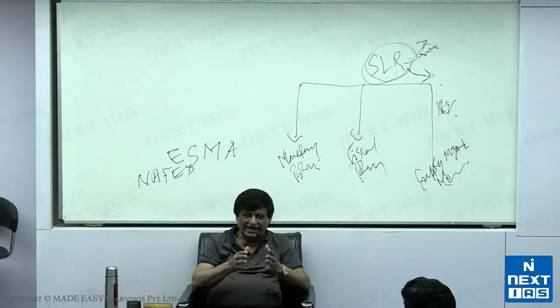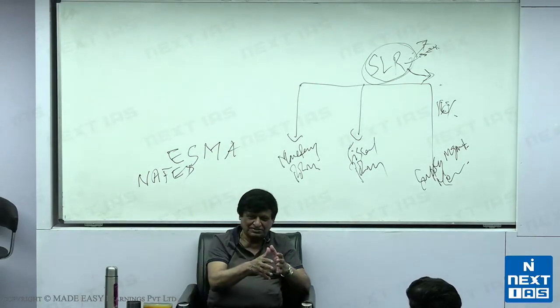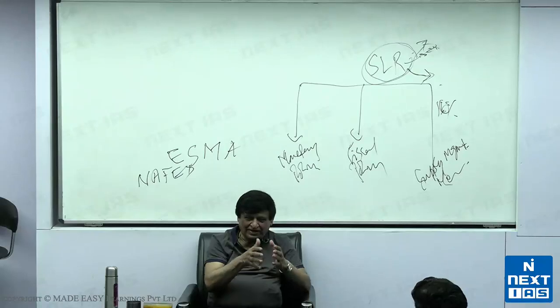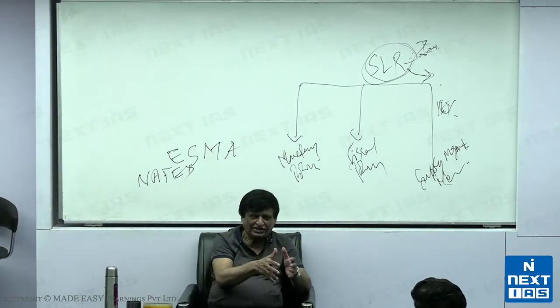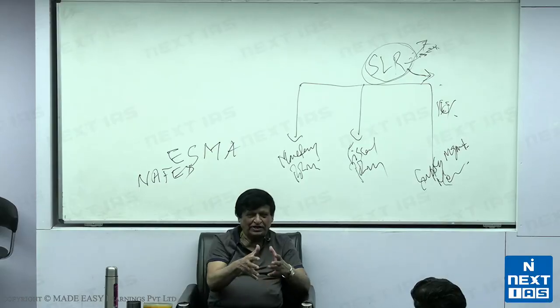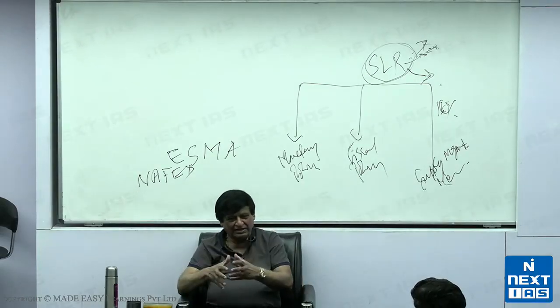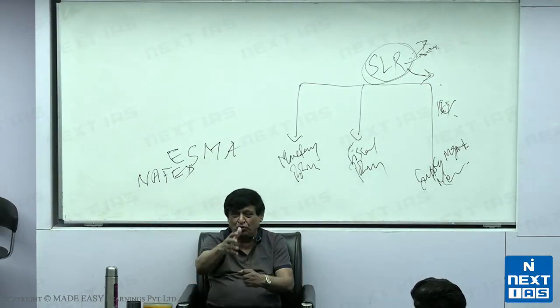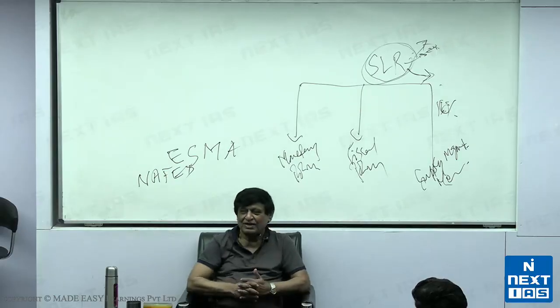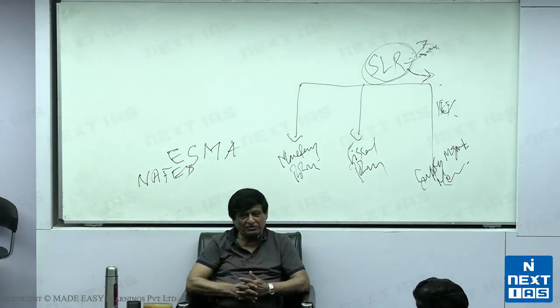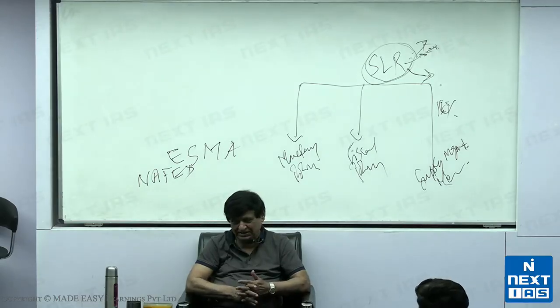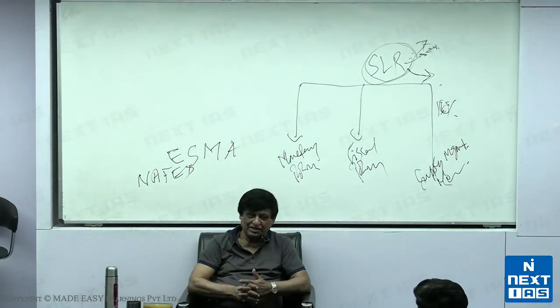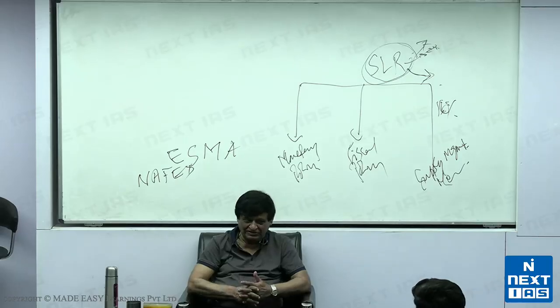Because it has inherent speculation. Why does this mustard oil trader, where is the need for him to enter into such a big contract? Because he expects the prices to go up. So at any point of time, this has inherent speculative element. And any speculation can lead to inflation.